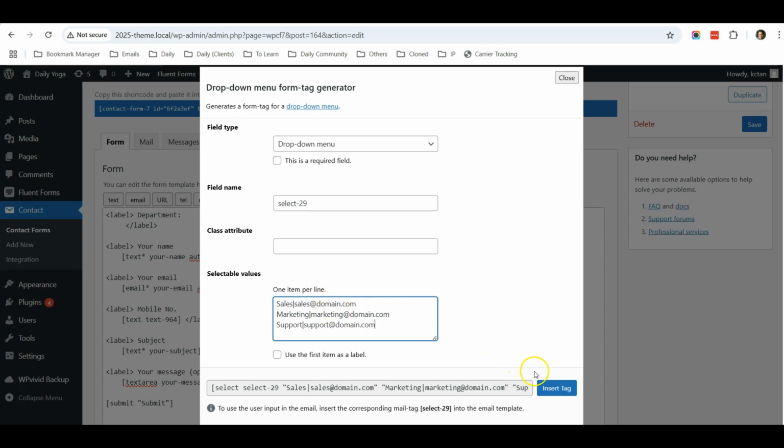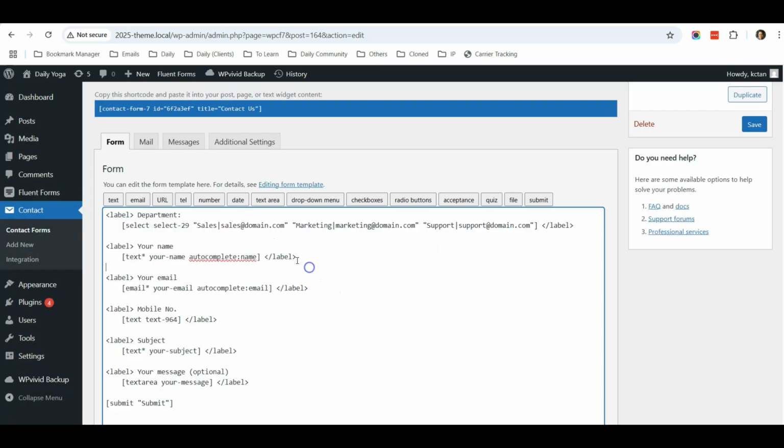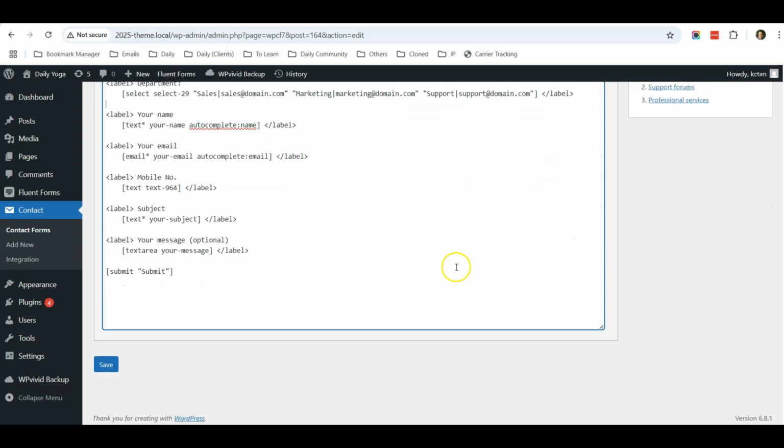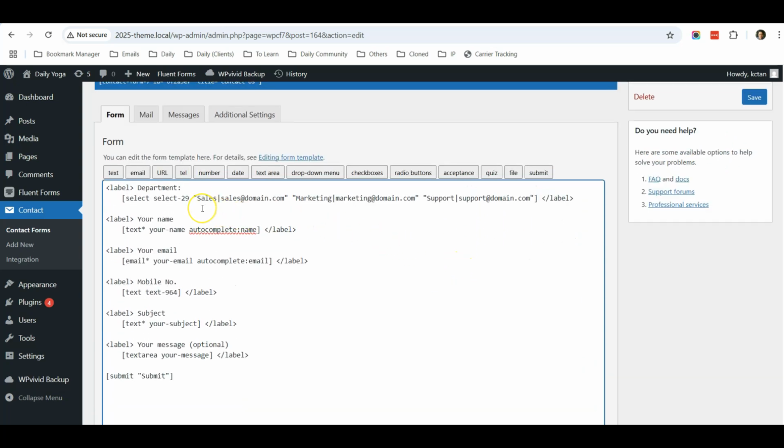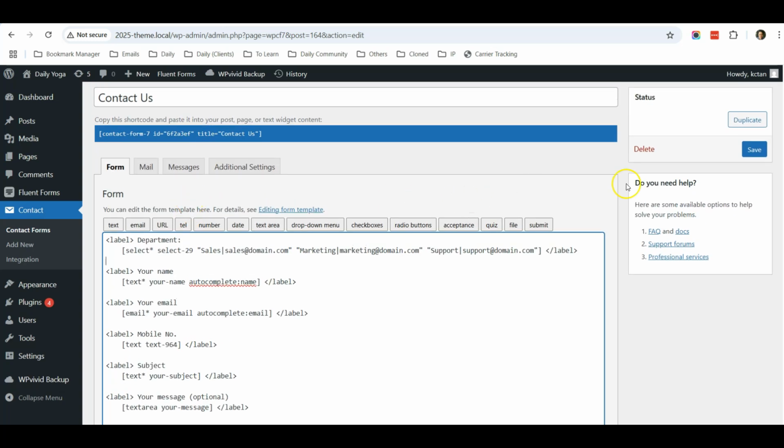So once you have done this, you can click insert tag, and this is what shows up over here. This is the one thing that you need to do, and let's make sure this is compulsory by putting in the asterisk. This means that the visitor needs to select it, and this is select-29. So let's save,